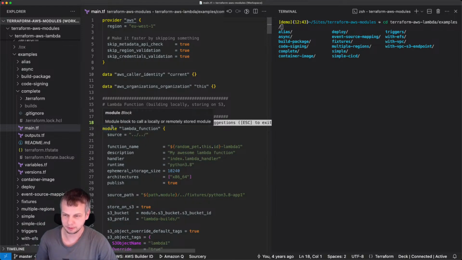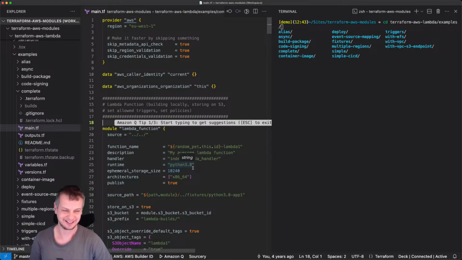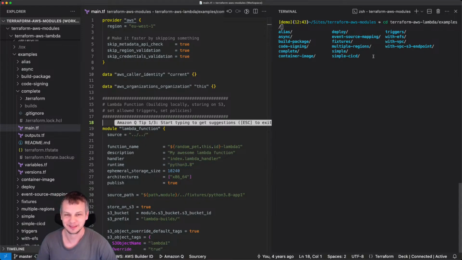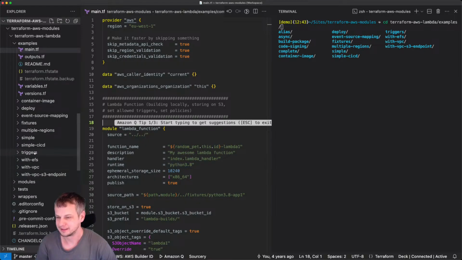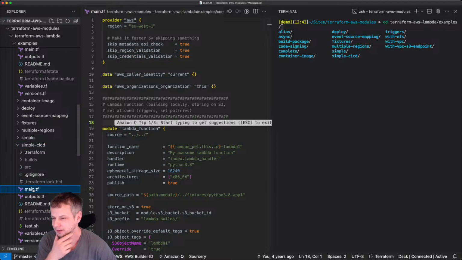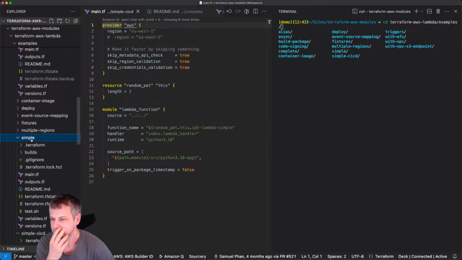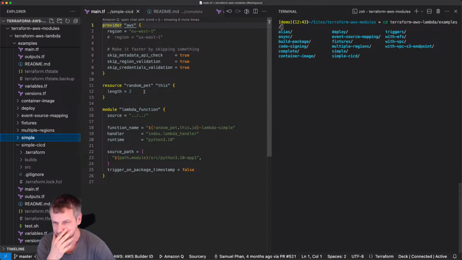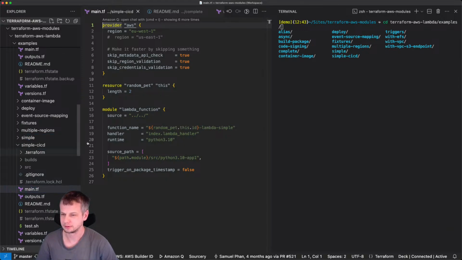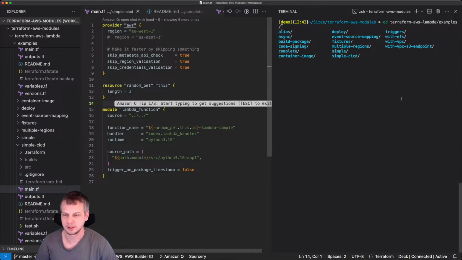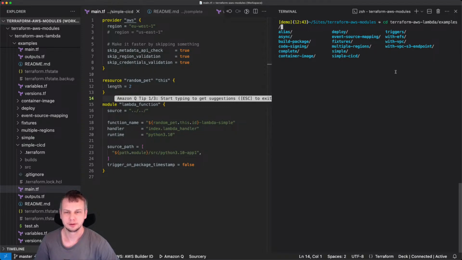One more tip from Amazon Q and I will delete this extension. I just installed it right before this stream, so I don't know what it's supposed to be doing, but okay. What do I have here? Maybe some other simple example. Simple CI/CD. Well, yeah, sounds good. Sounds simple enough, at least for my case. So let's look.